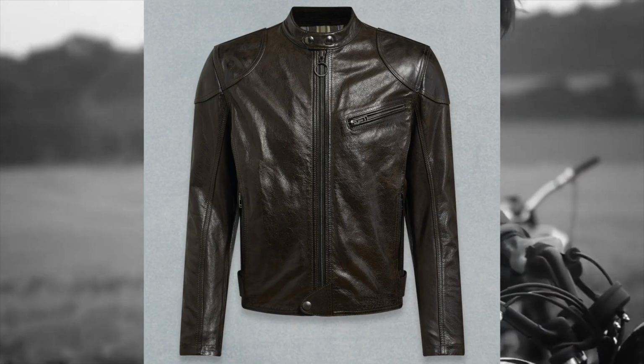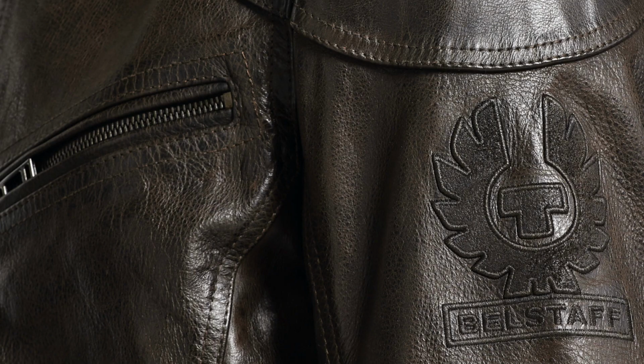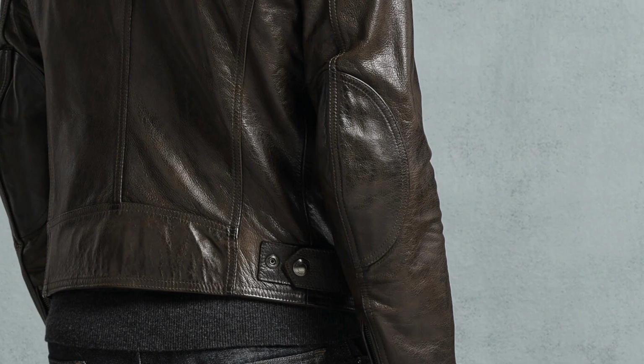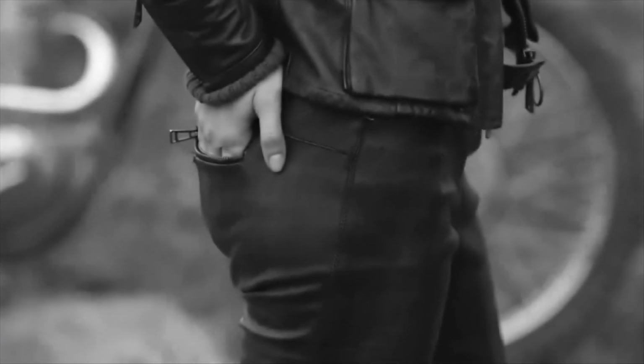If you prefer to go to the other end of the price scale, then Belstaff are very happy to oblige. The Supreme is another simple design with more of a traditional box cut. It's made from gorgeous black-brown hand-waxed bovine leather and features a corduroy lined collar and cuffs. Again, armour is provided, this time CE level 2 D30 armour in the shoulders and elbows. As you would expect from Belstaff, it's beautifully detailed and will no doubt last you a lifetime, but it will set you back